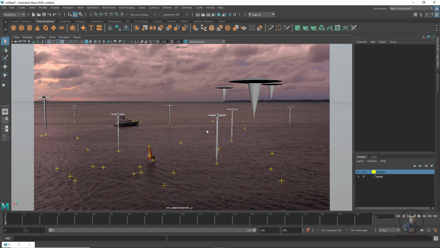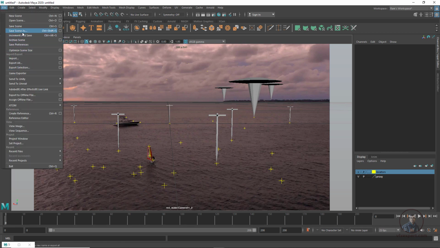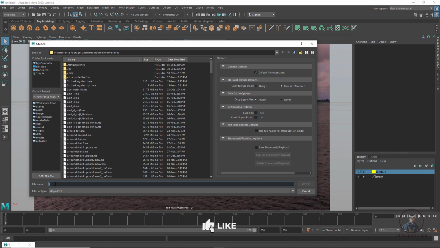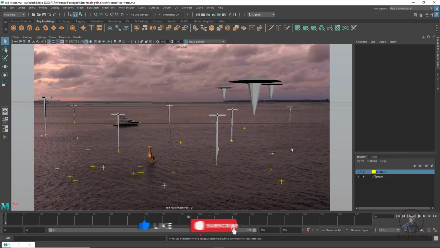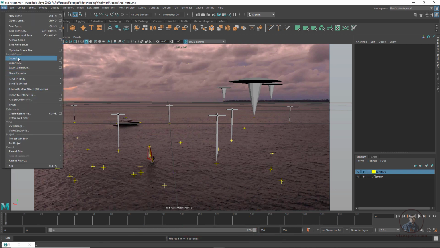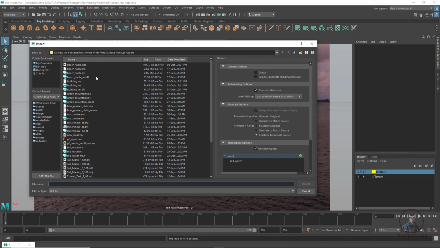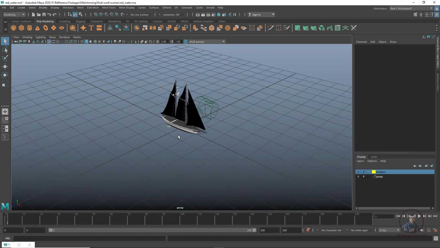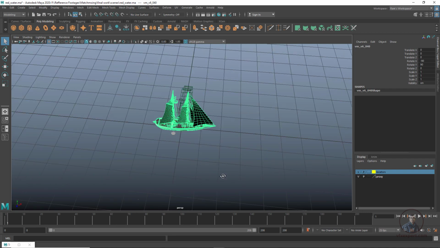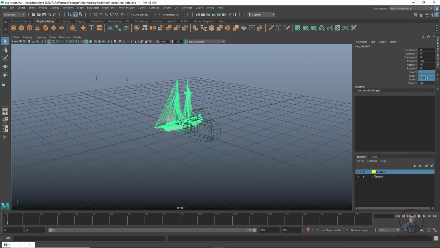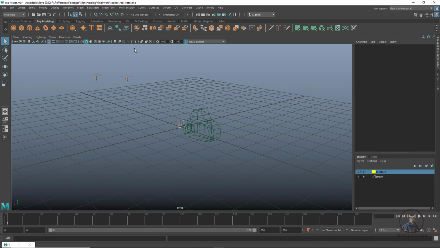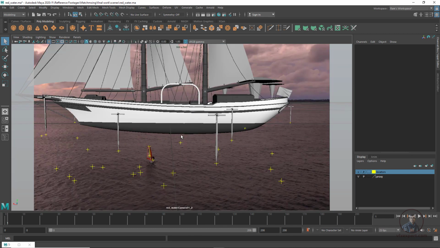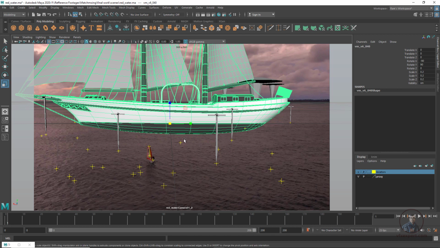Now just save our scene, click on file, click on save scene as. Now give a name, then click on save. Now after this, I'm going to import our model here, then click on file, then click on import, then select your folder and select your model here, so this one, then click on import. Then panels, perspective view, so here easily you can see, select and little bit resize here. Now again panel and click on camera view here, just select and little bit resize.